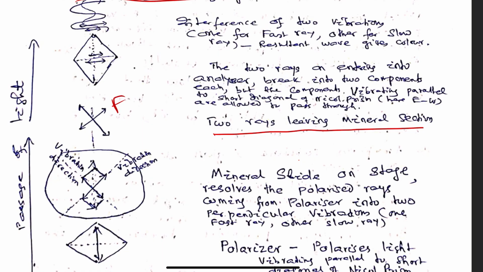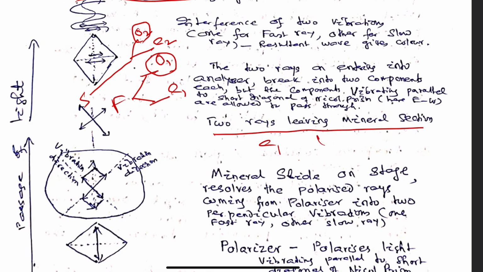Let us say this is fast, this is slow. So the fast ray, on entering into the analyzer, splits up into two components, O1 component and E1 ray component. The slow ray, on entering into the analyzer, splits up into O2 and E2. But the very function of the polarizer is that it will eliminate the O ray parts by total internal reflection. So only E1 and E2 remain,